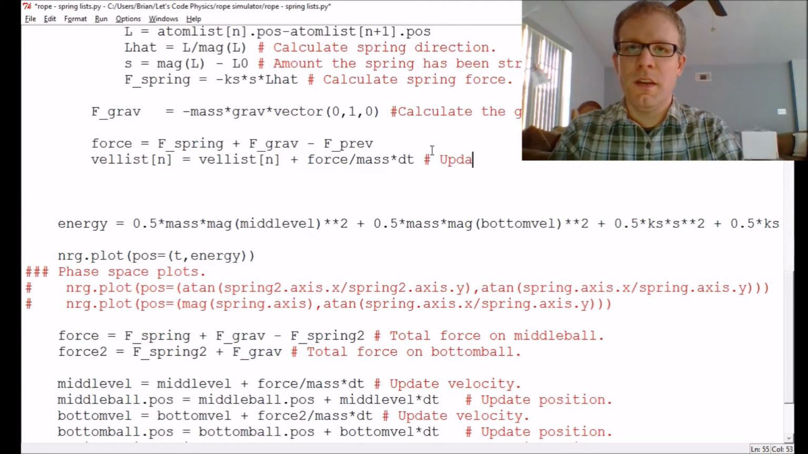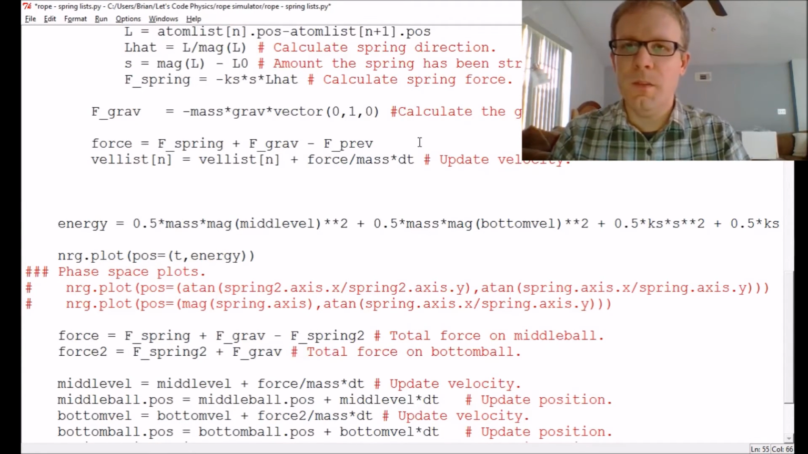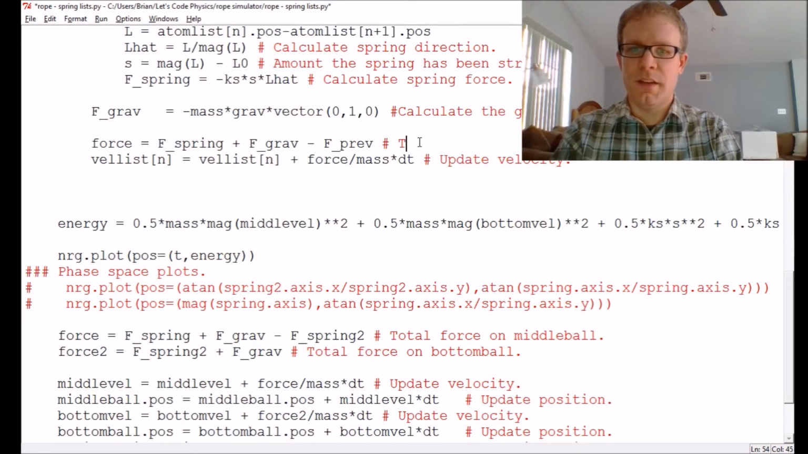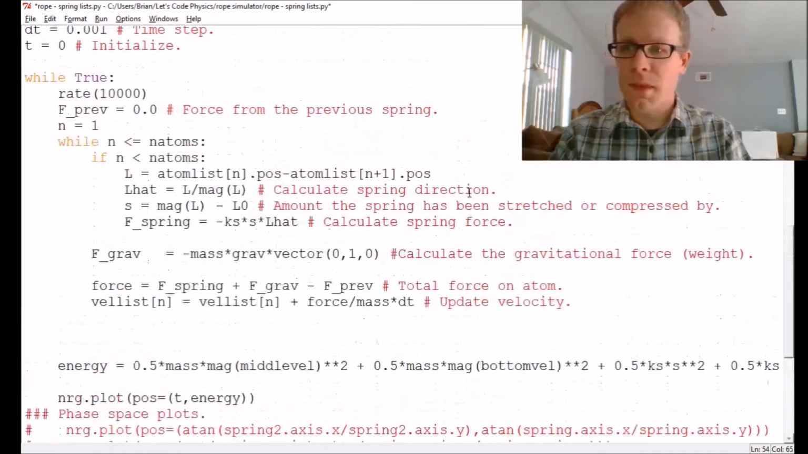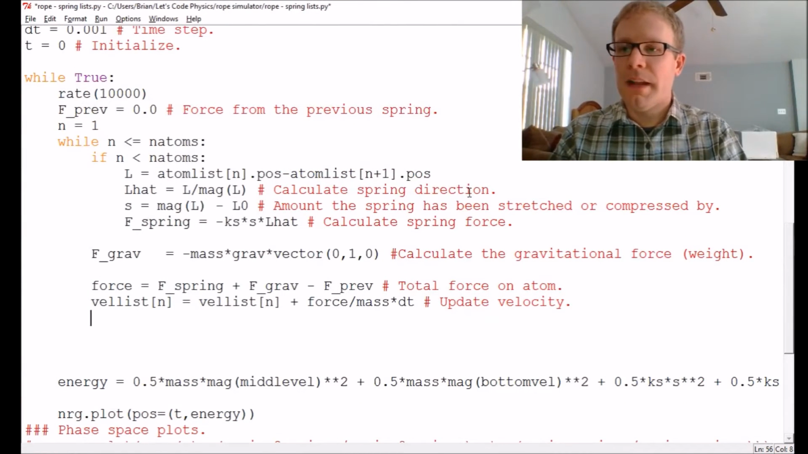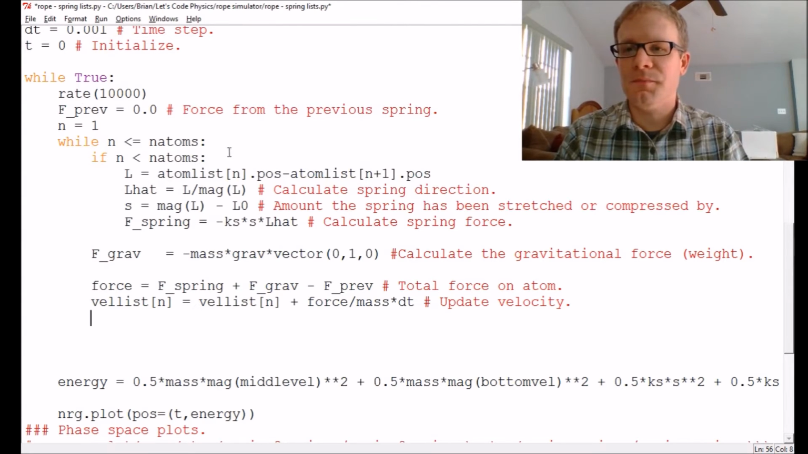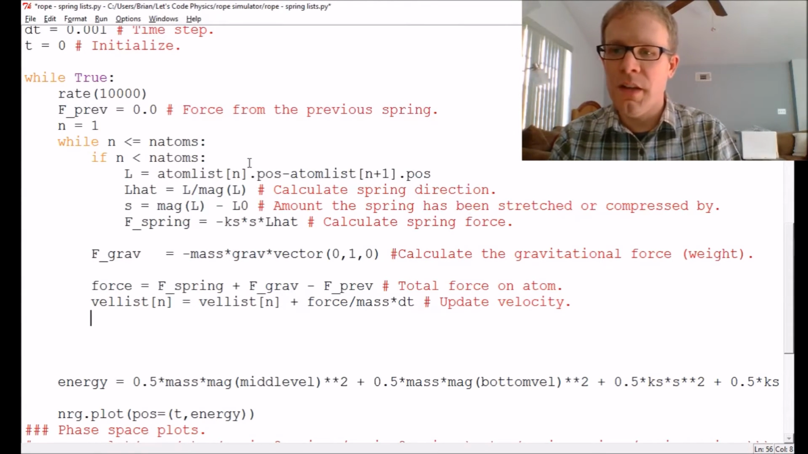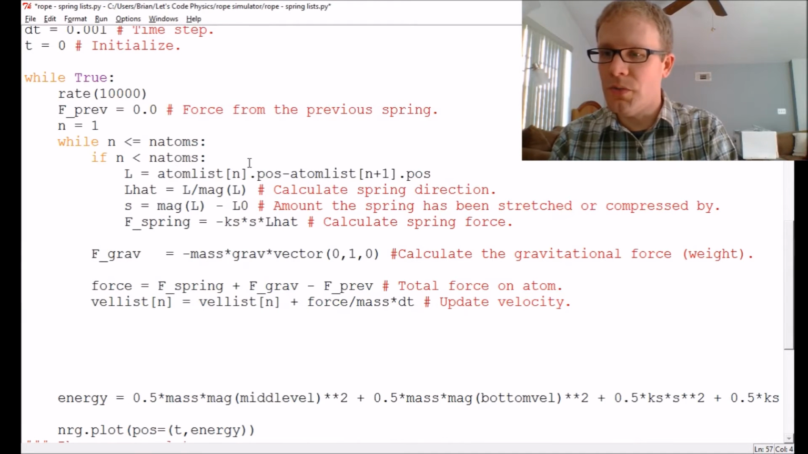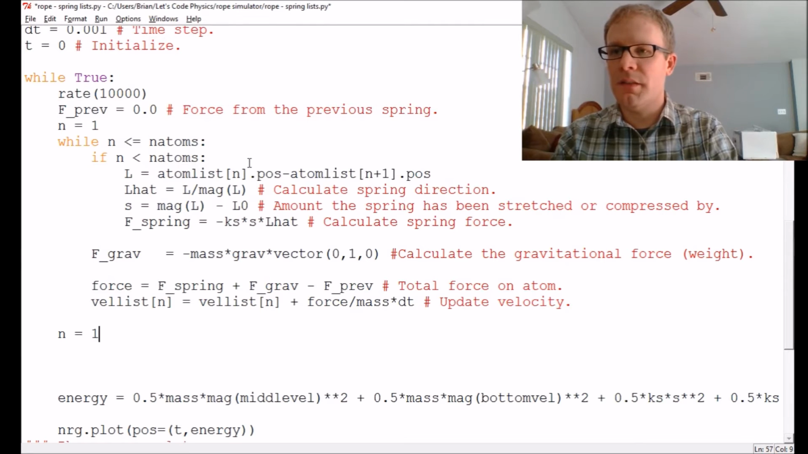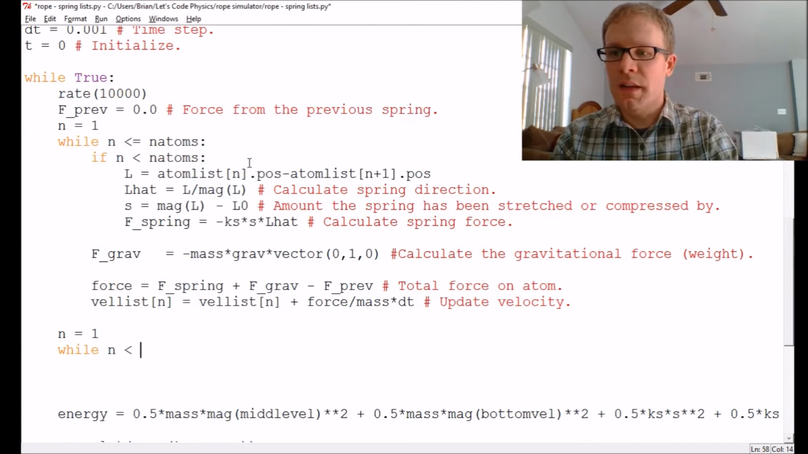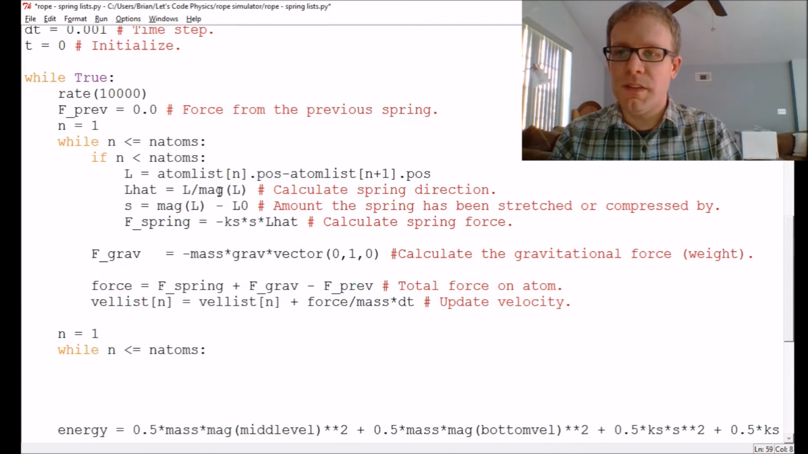Cool. So we're going to say update velocity. And here we'll say total force on atom. But I don't want to update the positions yet because the positions are still impacting the force calculations here. So what I'm going to do here is set up another loop. So we're going to repeat the loop basically. So while n is less than or equal to number of atoms, and then we'll have